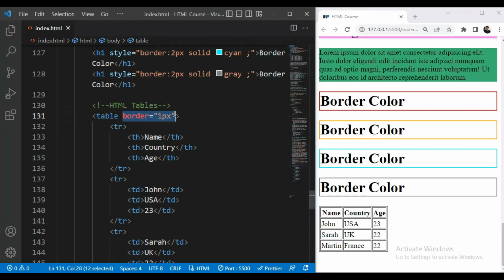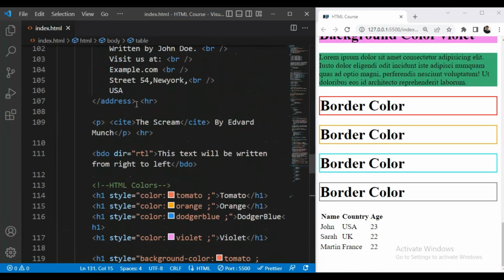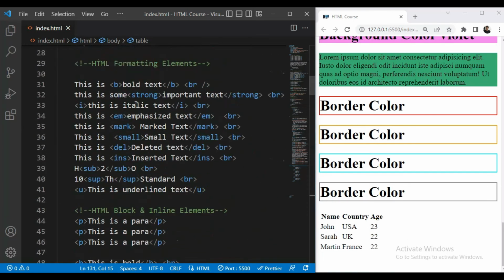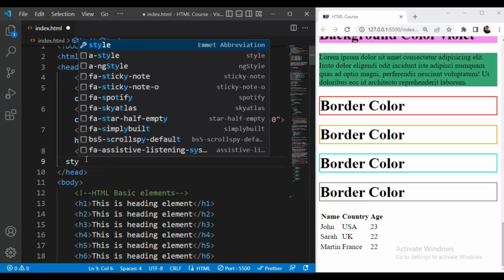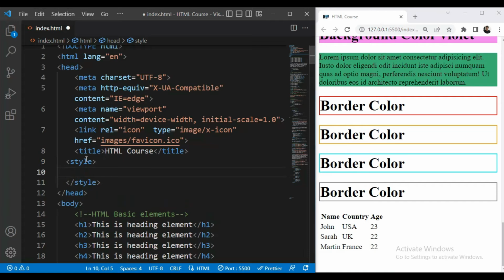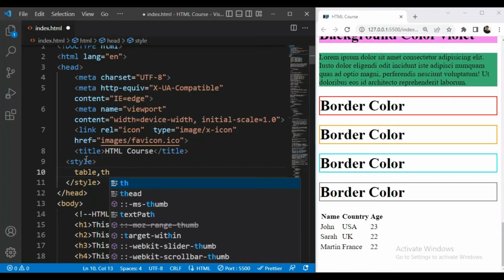So you can also add borders and some other styling with the help of CSS. So for that we will go in the head tag. So this is our head tag, and here we will add our styling. So we will take the style tag, and first we will give table, comma th, comma td.